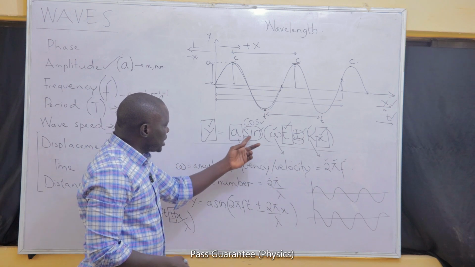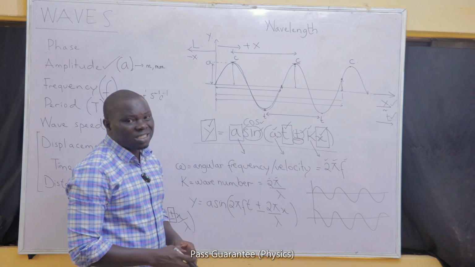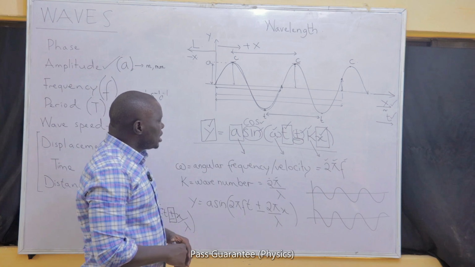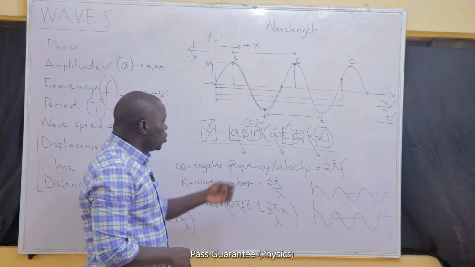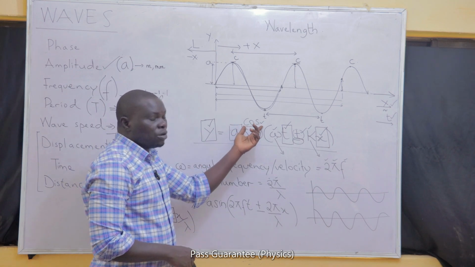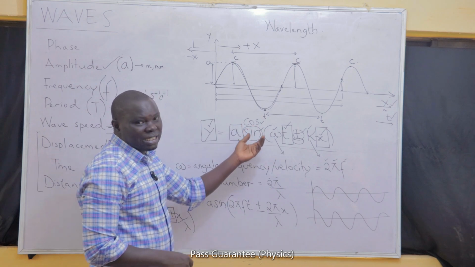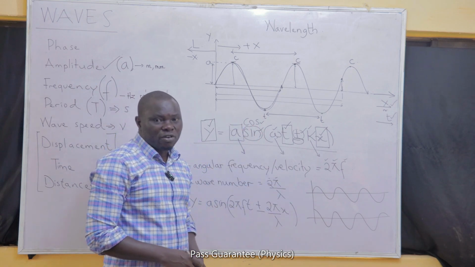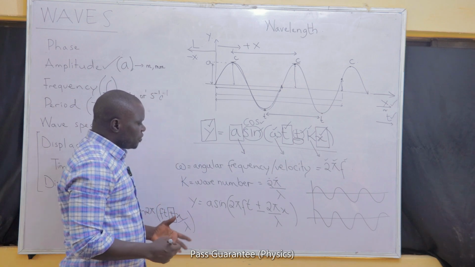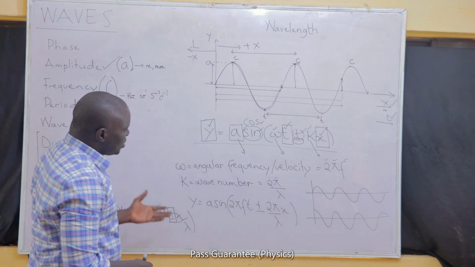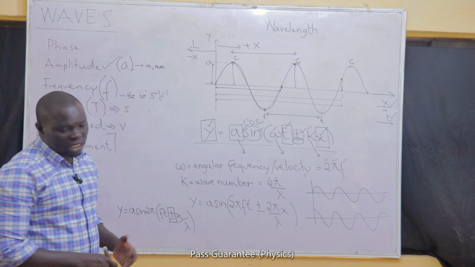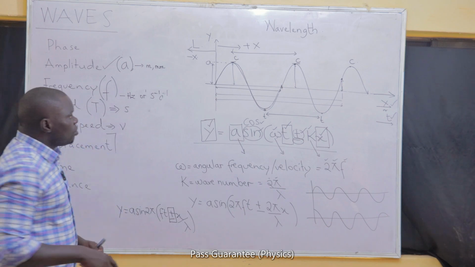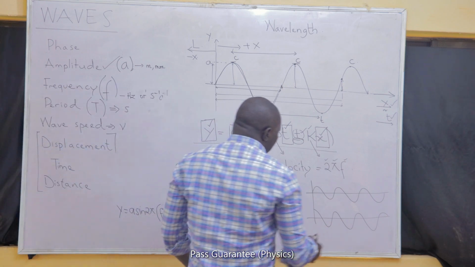If you have your sine replaced by cos, it is still a standard wave equation. The only thing that you cannot use of the three trigonometric functions that you know is tan. You cannot replace this with tan, because tan will not give you a sinusoidal form like this. So with that, we have come to the end of the mathematical representation of a wave. We'll try to take one or two examples to properly understand what we have talked about.